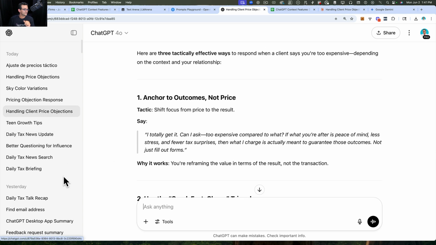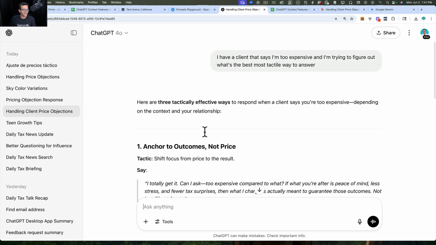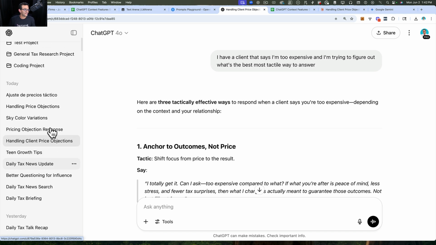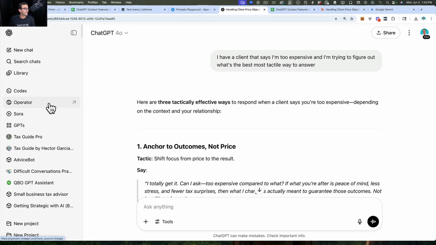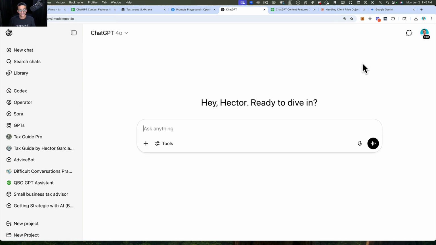So there's just tons of interesting things that you can do with the chat history, and of course, because I have both personal and business stuff in here, it really makes it even more interesting, the type of stuff that it comes up with. Another thing that you can do, and a lot of people like this quite a bit, is I have the chat history.